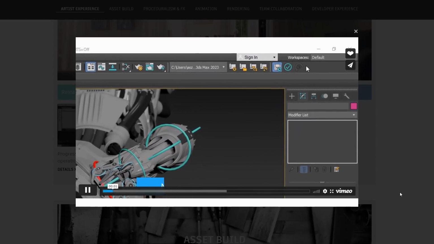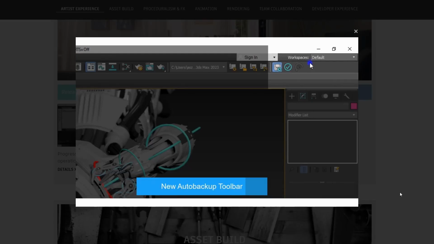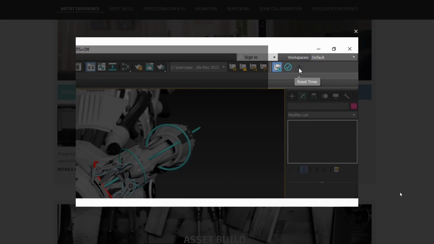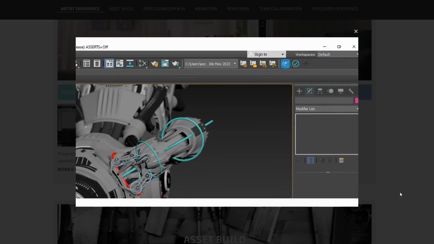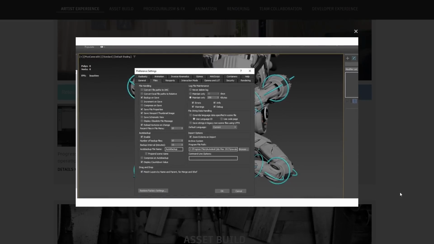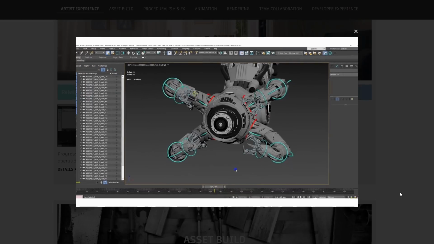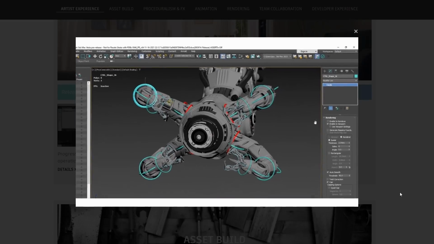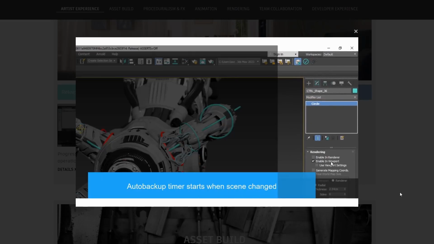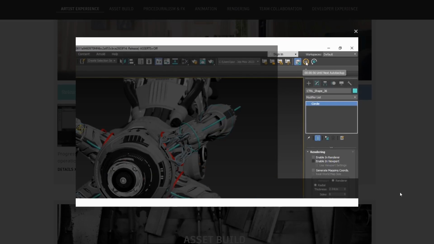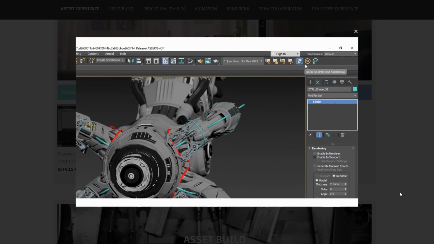And when there are a few seconds left for the autoback to kick in, if you are interacting with 3ds Max, like you are in a menu, you are doing interactive rendering, or you are doing a simulation for cloth, autoback is now smart and it will not start until you stop interacting with whatever you are doing. Additionally, there are other options like appending the name of your Max file to the autoback name. It's something very useful for me. A lot of love on the autoback that sometimes can be annoying, now it will be much better.